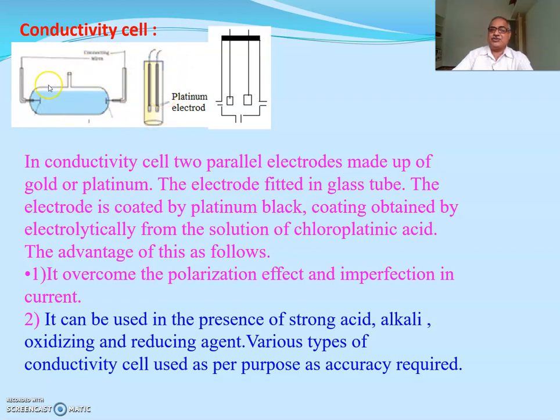There is another type also. In a tank we can measure the conductivity, but in an industrial process we want to measure the conductance continuously of the product flowing through a pipeline or any flowing material, and for that there is a flow type conductivity cell. Suppose one pipe is connected at this end and another pipe at this end, and continuous flow occurs through it. In this way we can continuously measure the conductivity of the flowing liquid.